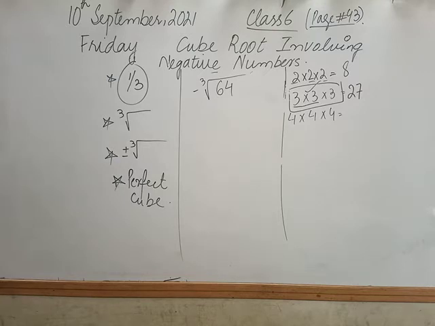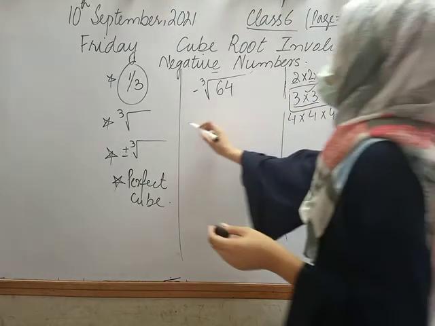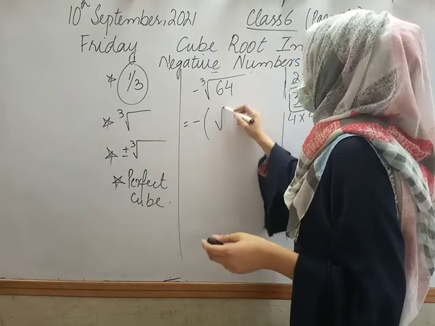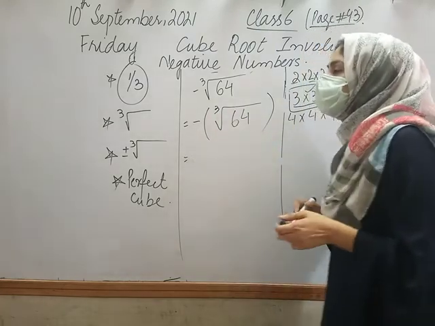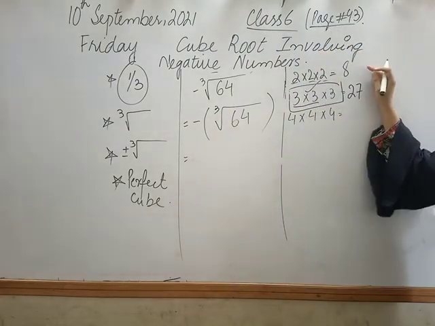Very good, because there is a sign of negative involved in it. Negative sign is involved, so we will simply write the negative sign as it is, only one time. Now what will we do? We will simply write as it is. Should I write in this form? Now, moving to the next